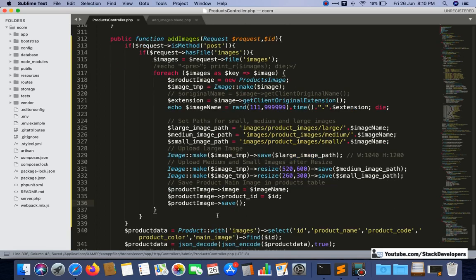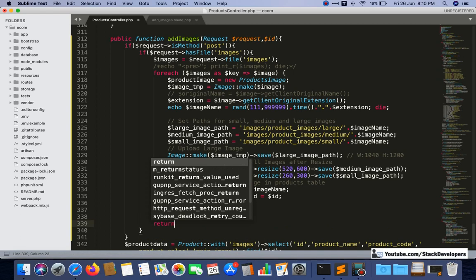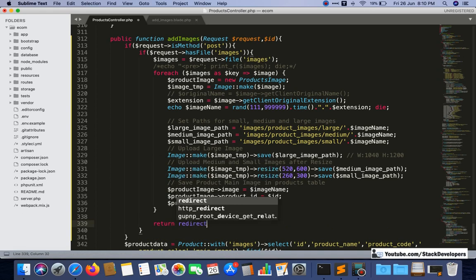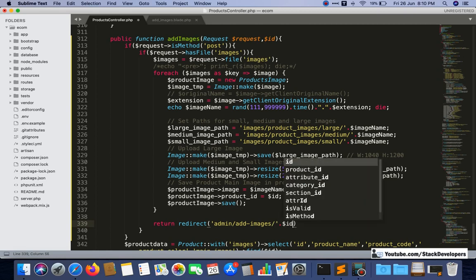Okay, it is done, and after that we simply return redirect the user to admin and images, here $id.